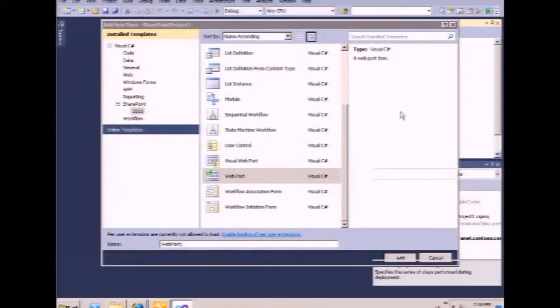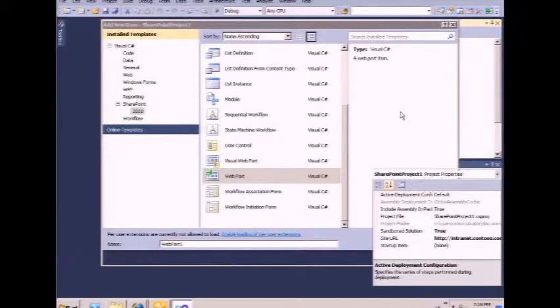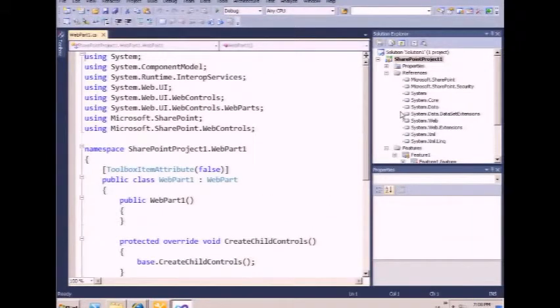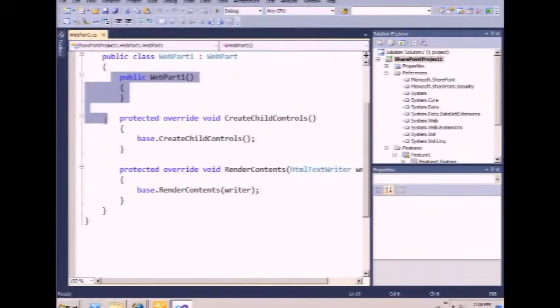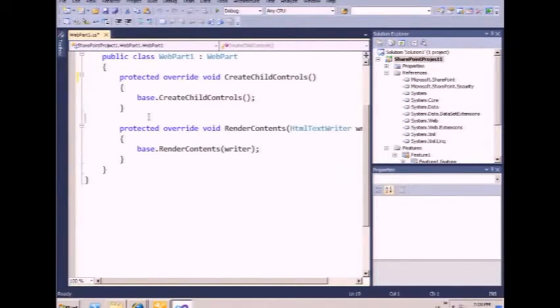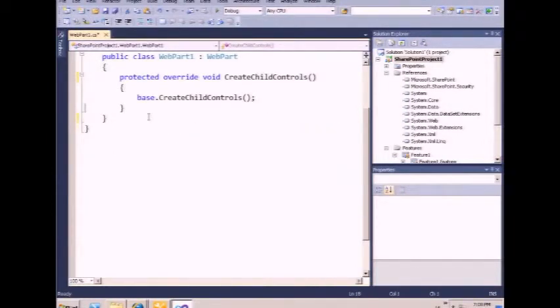Now, it's a sandbox solution, and you see that I've worked with this the same way you'd create anything else inside of SharePoint. I'm going to get rid of everything else in here except for create child controls. And what I want to do is create a new label,